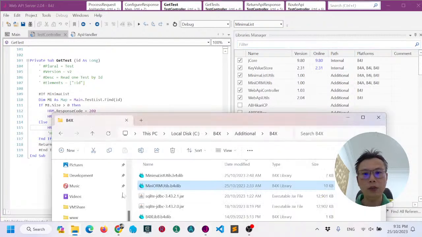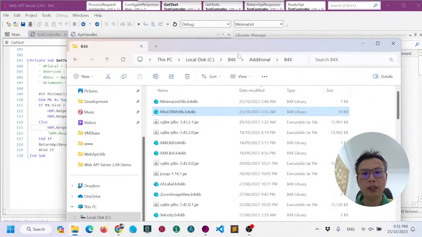I think the mini ORM utility can be used for your B4J, B4A, and B4I projects. I haven't tested it for B4I, but I have added some code to handle the B4I section, because